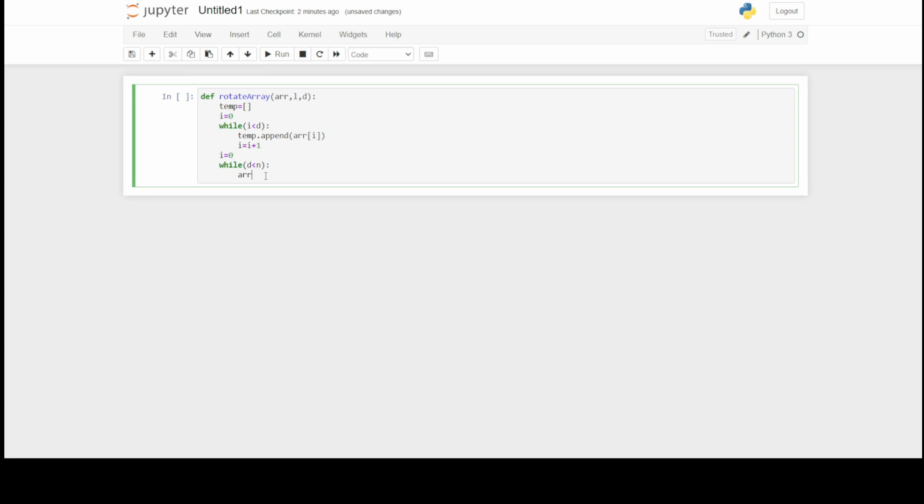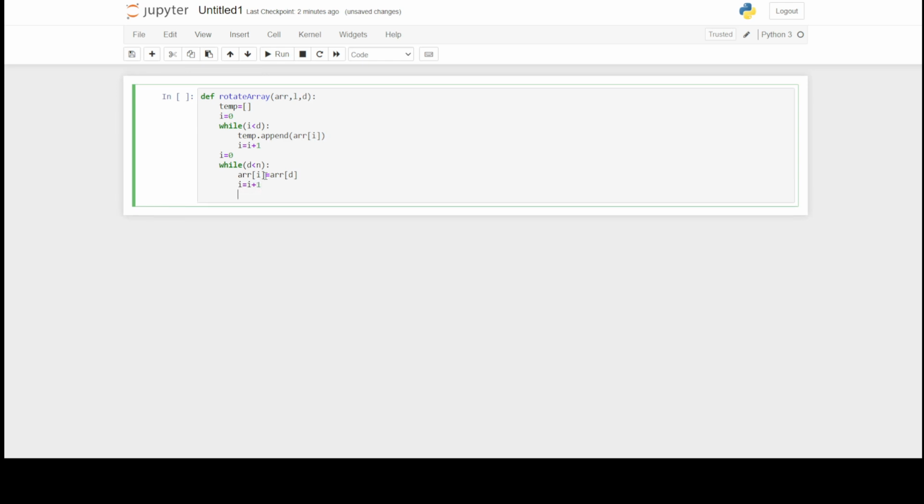Then we can make array of I is equal to array of d, right? So that every element from d onwards will move towards the 0th element, that is array of I. Then one by one we will go to the next element. For that we need to do I is equal to I plus 1, which will increment I by 1, and also the same with d.